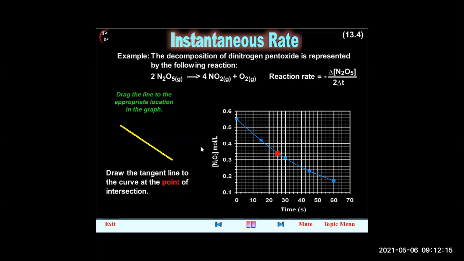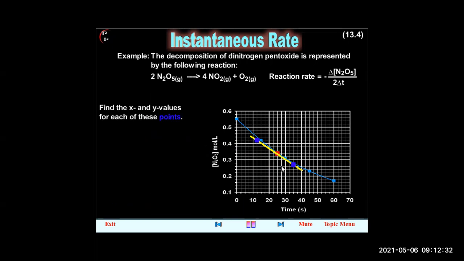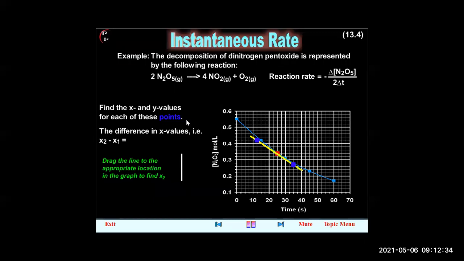Draw the tangent line to the curve at the point of intersection. Now select 2 points at a reasonable distance from each other on the tangent line. Find the x and y values for each of these points. The difference in x values, that is, x2 minus x1, equals